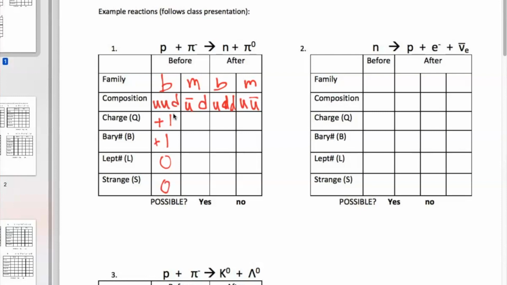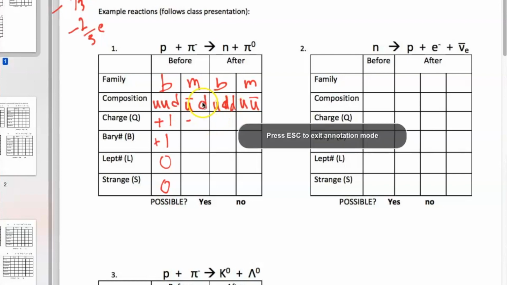Then my meson, the pion minus, has an up and a down quark. It's an anti-up though. So an anti-up has a charge of minus 2/3 e, and a down quark has a charge of minus 1/3 e. So minus 1/3 and minus 2/3 together give us a negative charge. And then because they both have baryon numbers of 1/3, but one is